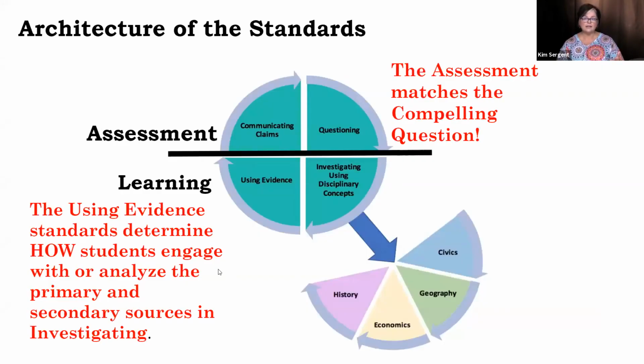This is how I look at it when I sit down and plan inquiry. You have this nice little black line in between. Whereas a while ago the black line was down the middle, I don't think of it that way in terms of inquiry. I'm going to draw it across, because my compelling question is always going to be the way that I assess their learning, which is communicating conclusions. I'm always going to pair those together. If the kid's learning, that means here they're investigating and using sources, and then over here using evidence, because that gives you the opportunity to hear or see how they are using that information. And that really gives you a clue as to what they are learning and how they are learning it.